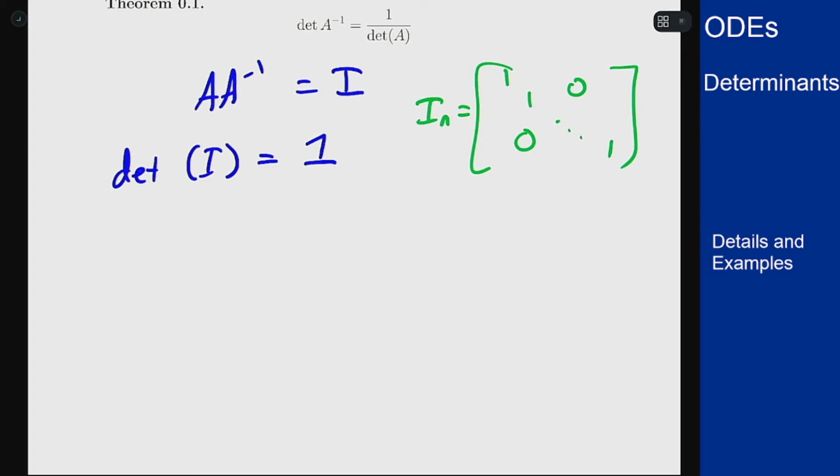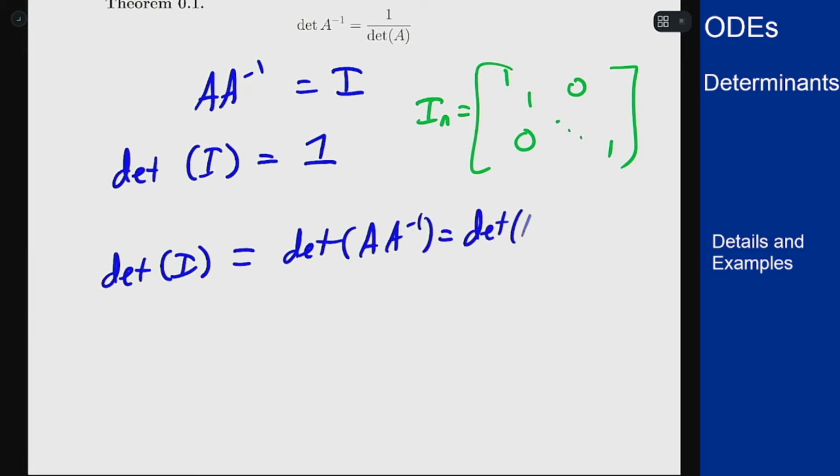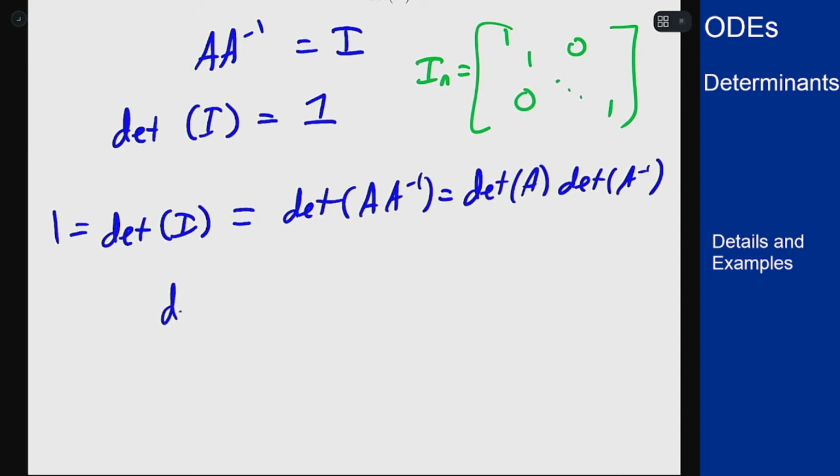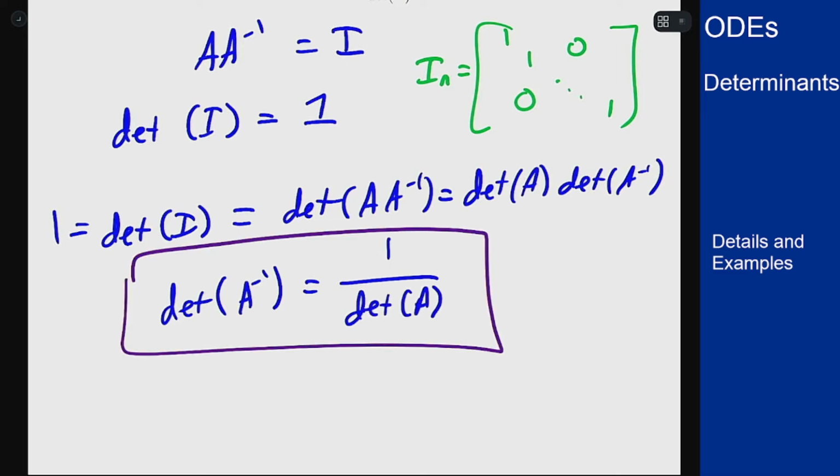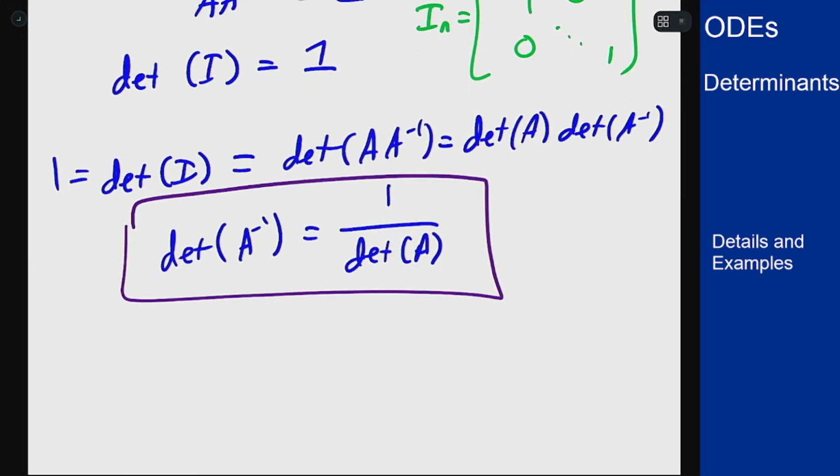Therefore, the statement of multiplicativity tells us that determinant of I equals determinant of A times A inverse, which equals determinant of A times determinant of A inverse. Since this is 1, I can divide both sides by determinant of A to get that determinant of A inverse equals 1 over determinant of A. Which is great, but what does that tell us? Well, this tells us that if determinant of A is 0, the matrix A cannot be invertible,